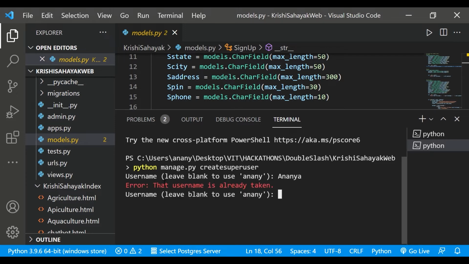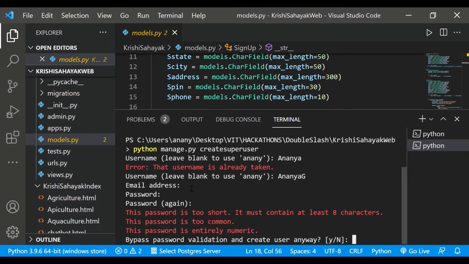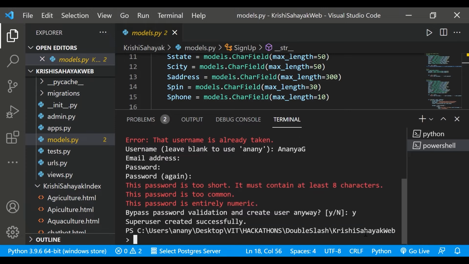It says that the username is already taken, so I have to give something else. So I give a username. After that, email address, I skip it. Then password, you can give your password, then the password again, and then it warns me that the password is easy, common and short, so I ignore it for the time being. I click Y and enter. Superuser created successfully. Now we see how it looks.